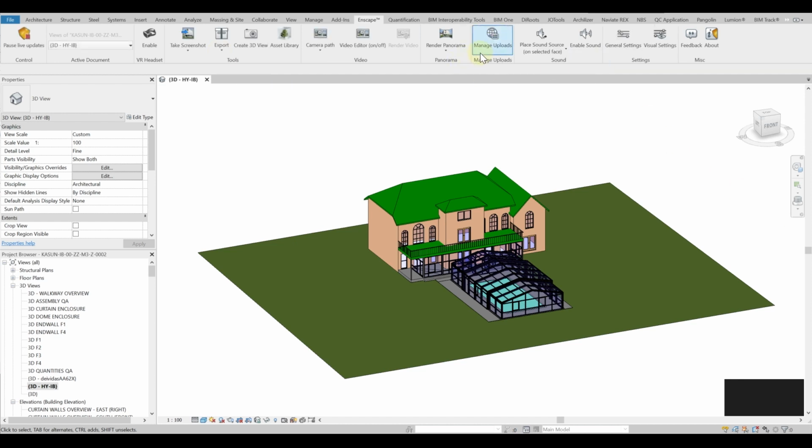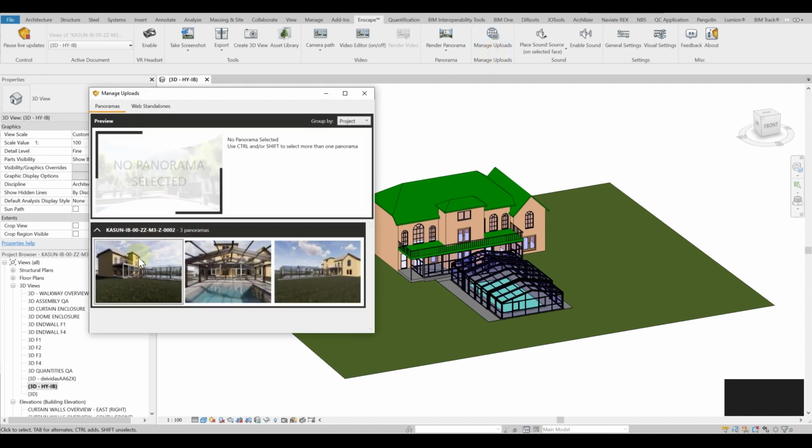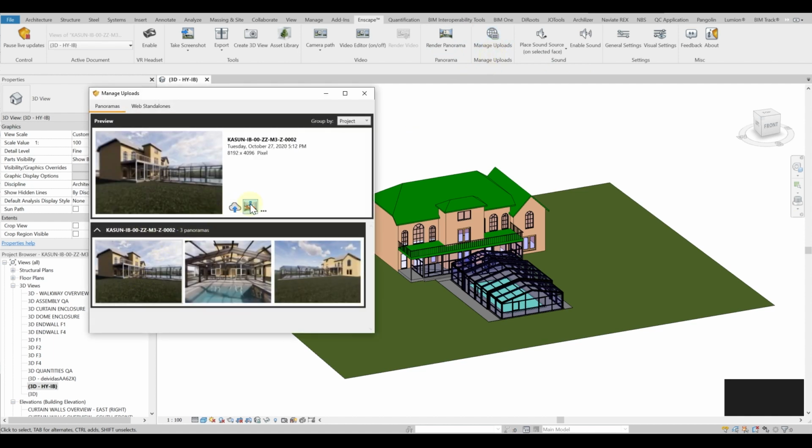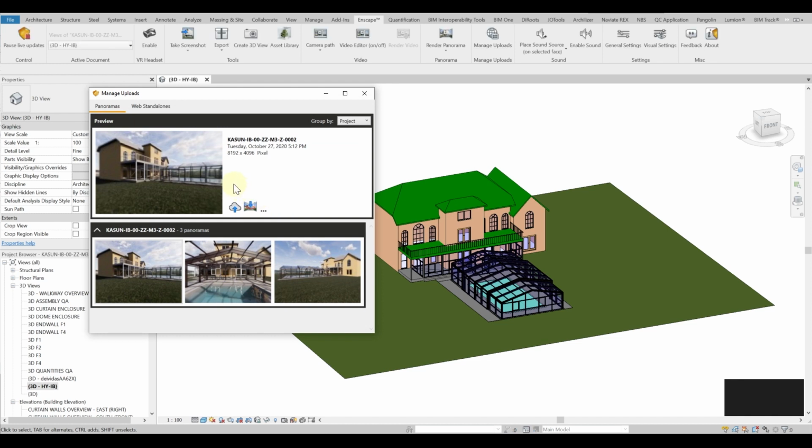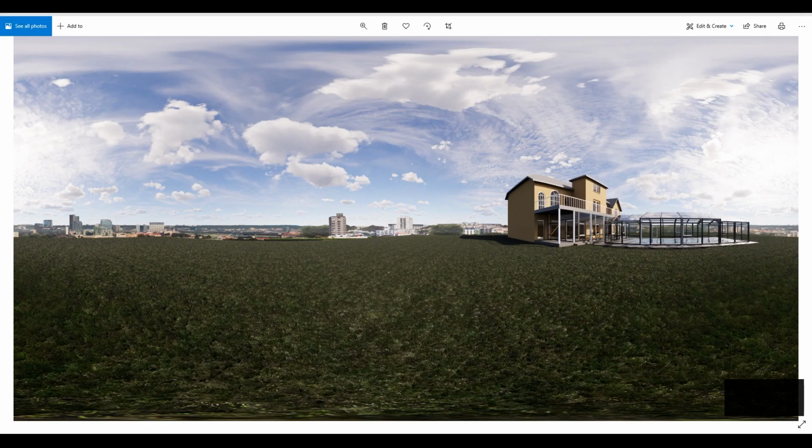So once the panorama is done, you can simply click on Manage Uploads. You'll be able to see the panorama from here. You can click on Do More and Save Panorama to File, and you will be able to save it over here. We have a couple of tests indeed, so you can save and look at it. At the same time, you can also navigate from here to see how it looks, but let me show you the image. Yeah, you might not find it so exciting because of the distance and how the panorama takes it,